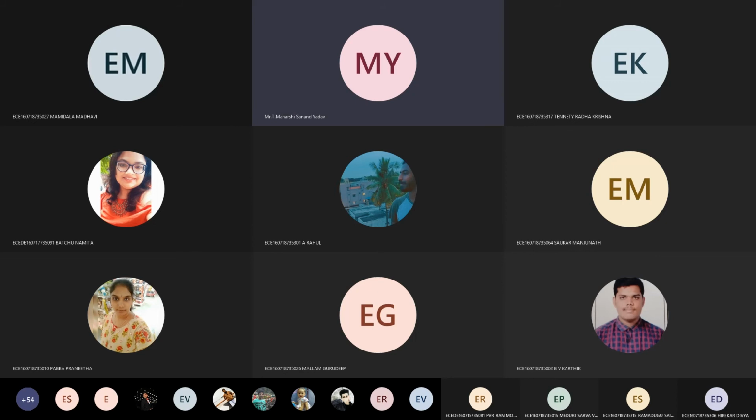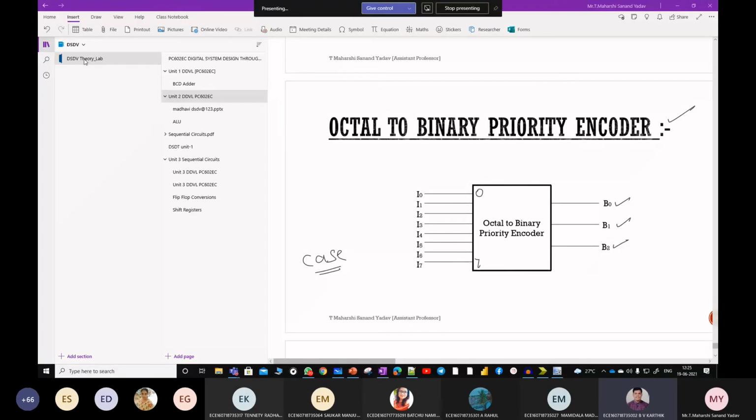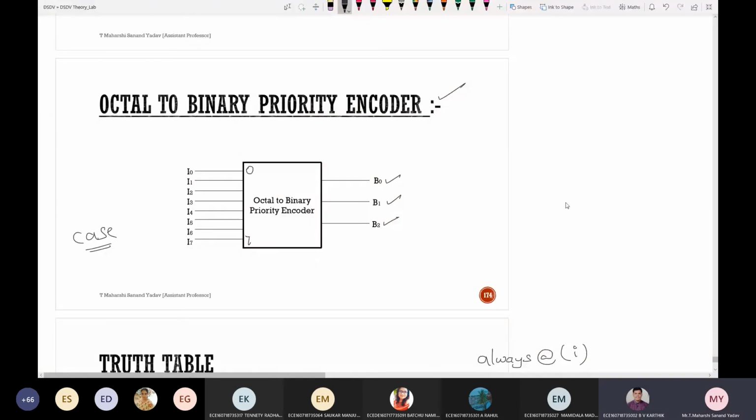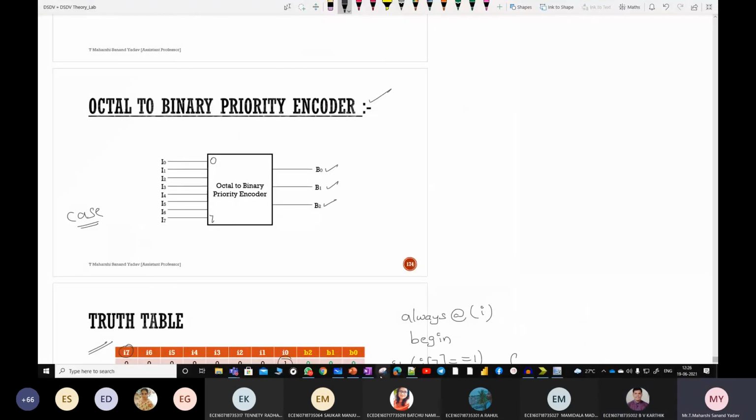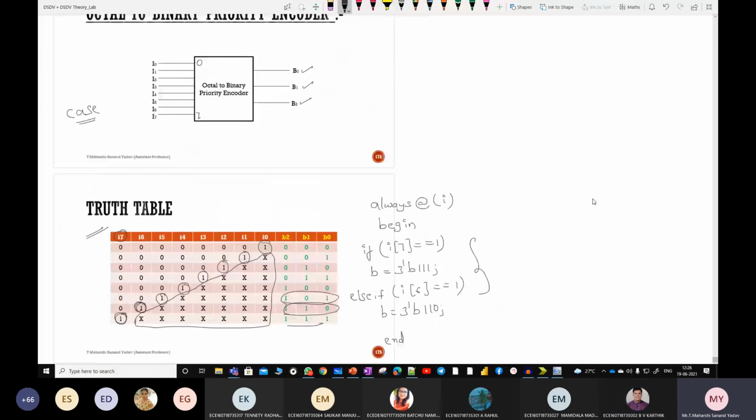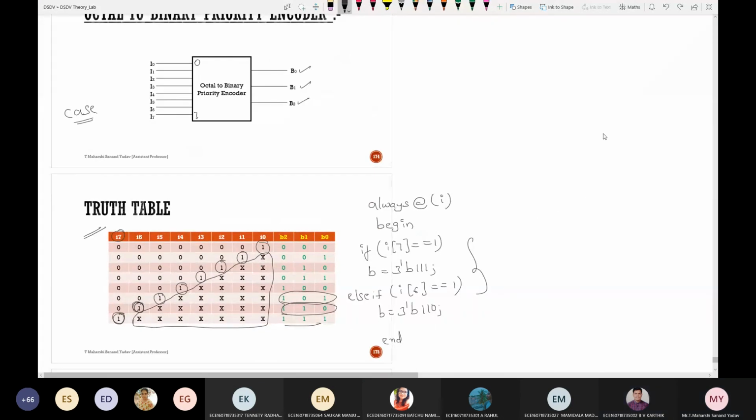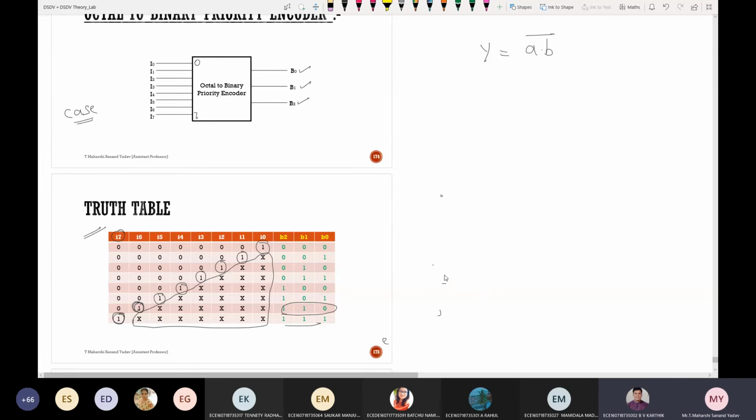Karthik, you are asking me a doubt about the CMOS NAND gate. What's your doubt? Sir, implement a two input NAND gate using CMOS switch level modeling. Using switch level modeling means you have to use all the PMOS and NMOS. What is the NAND expression? Y equal to AB whole bar. Now for this you have to draw the CMOS diagram, which contains NMOS and PMOS. Yes, sir, you know already.